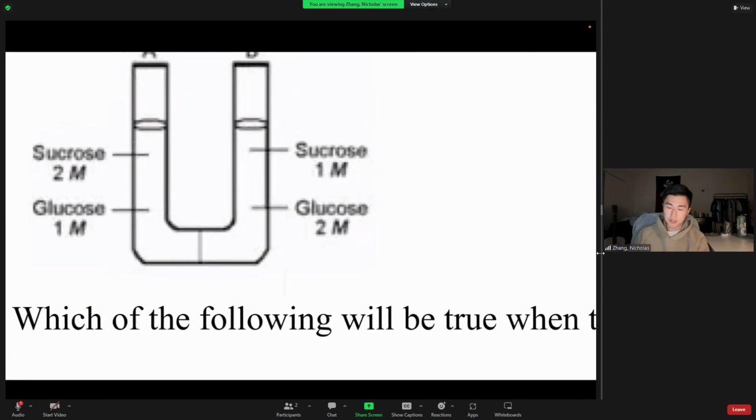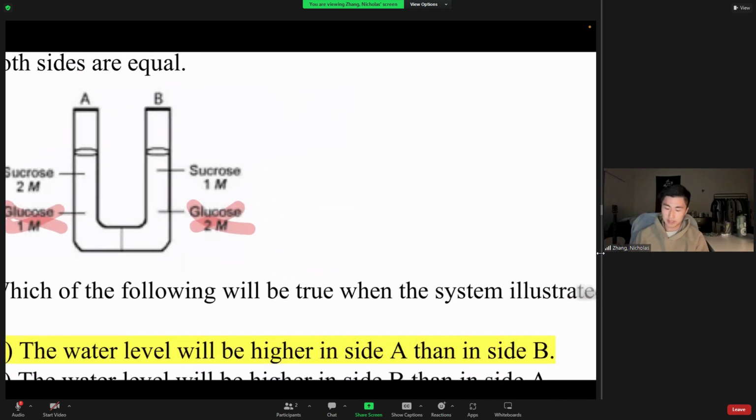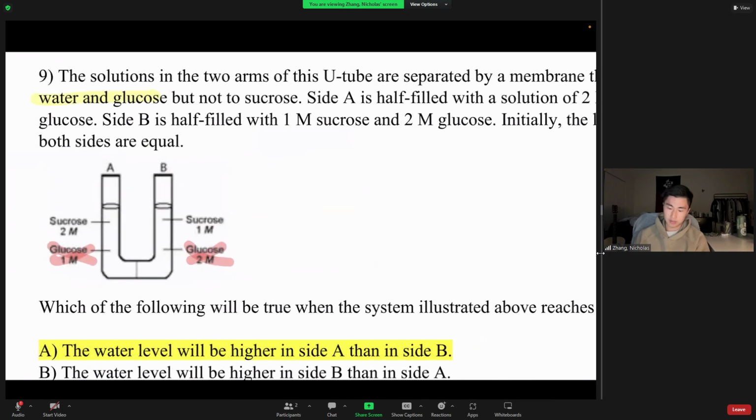So off the jump, you should be able to just cross out the glucose on either side because the glucose is just going to move freely. It's not going to affect the water levels on each side. However, sucrose is not permeable. So in order to balance the concentrations of sucrose to water, you're going to have to move water around. And that's basically what we're going to do to answer this question. Right. So let's start with